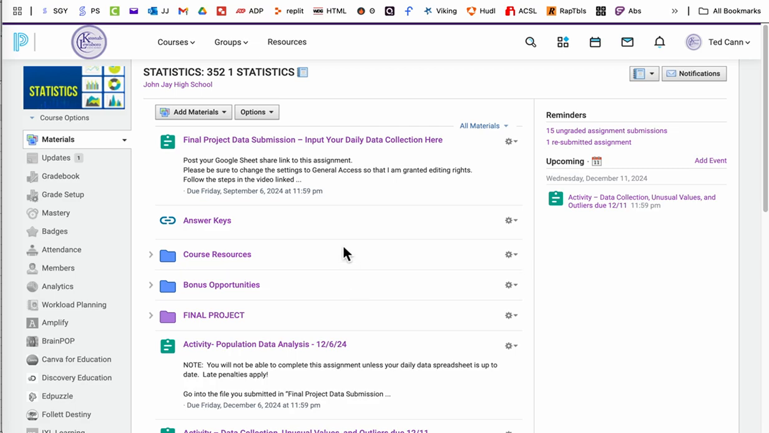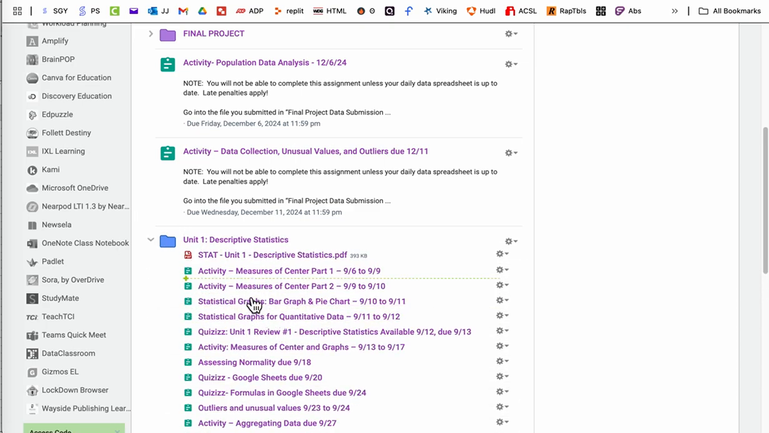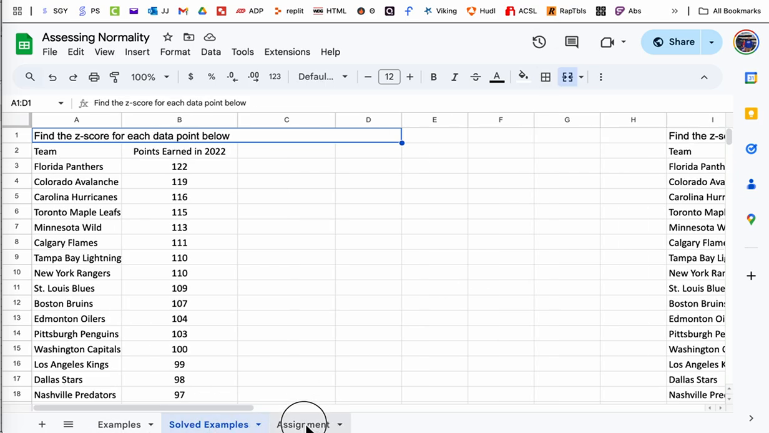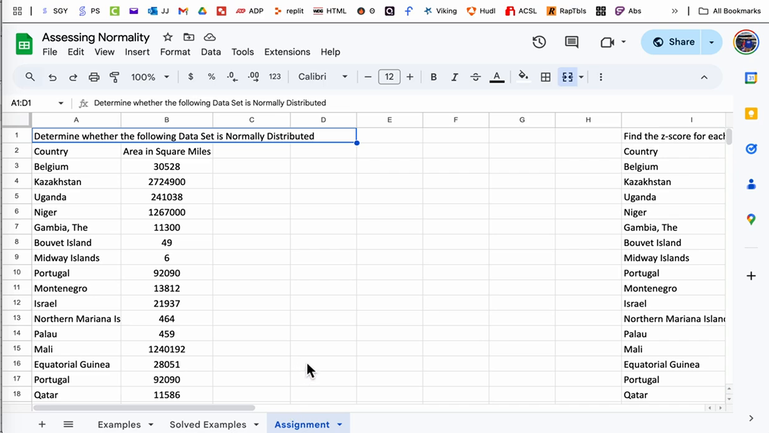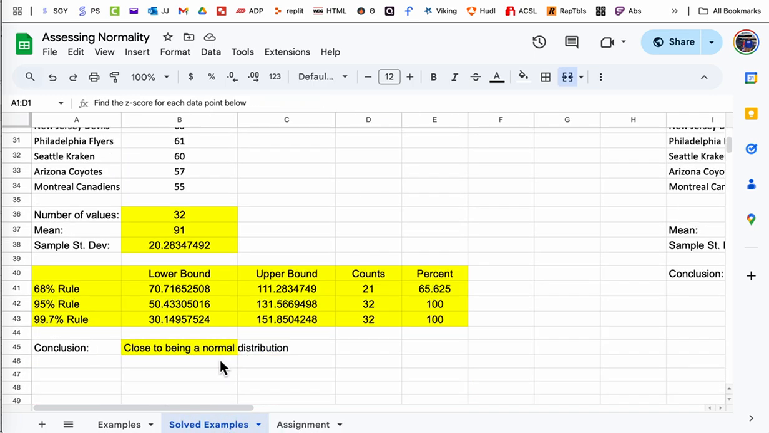This activity is going to reference an old activity that we did back in Unit 1 called Assessing Normality. So go in there and find that one, click on it, and open the spreadsheet that you created. When you do that, I'll bring up mine here. If you did the examples or the solved examples or the assignment, it all should have the same stuff on your end. Mine obviously doesn't because this is the actual template for the assignment. So I'm going to go into solved examples and grab all this stuff. And the whole idea is for us to determine whether we're dealing with a normal distribution for our daily collected